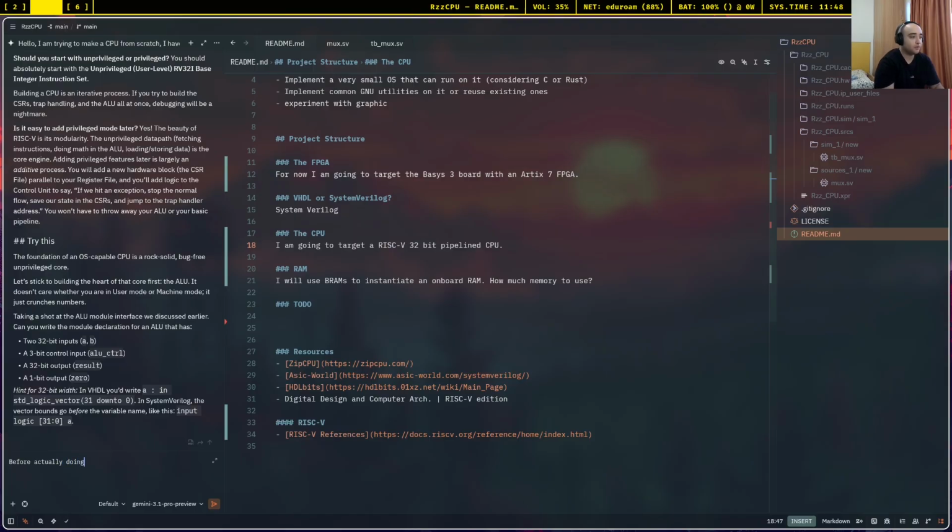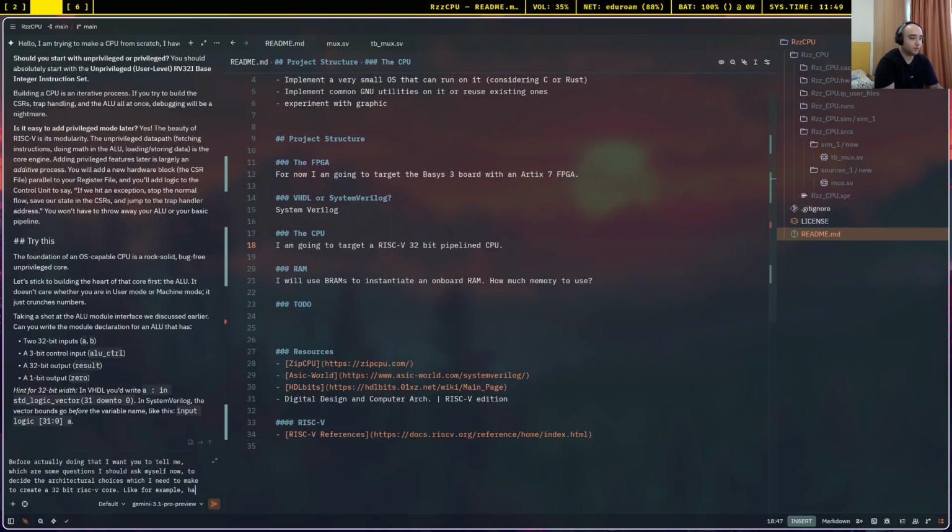Before actually doing that, I want you to tell me some questions I should ask myself now to decide the architectural choices I need to make to create a 32-bit RISC-V core. Like, for example,